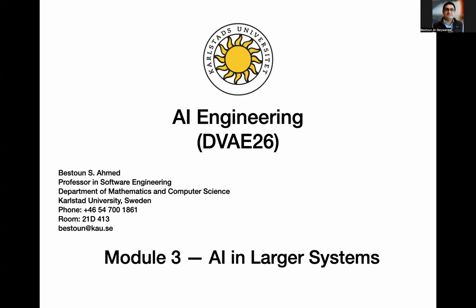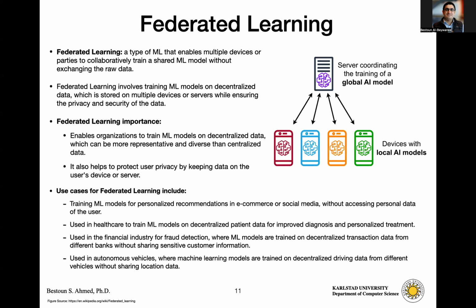Okay, so module 3, part 2. We are still talking about AI in large systems. A well-known technique nowadays in AI in large systems is federated learning. The federated learning idea came when everybody was asking for privacy, and also when you have different devices distributed in different